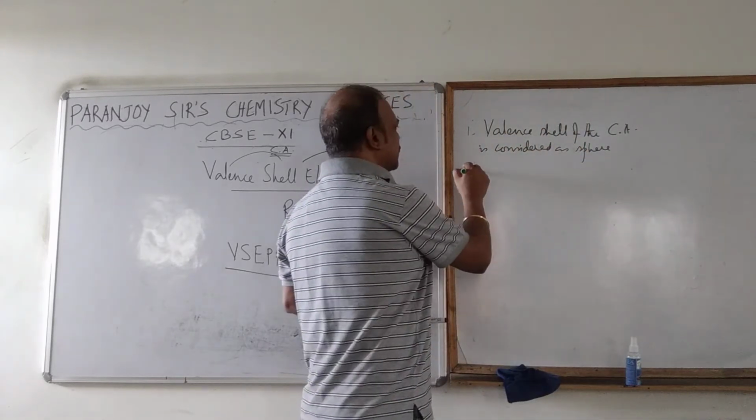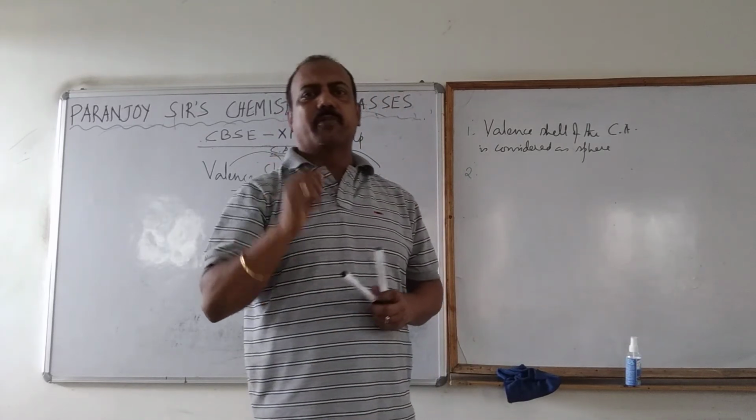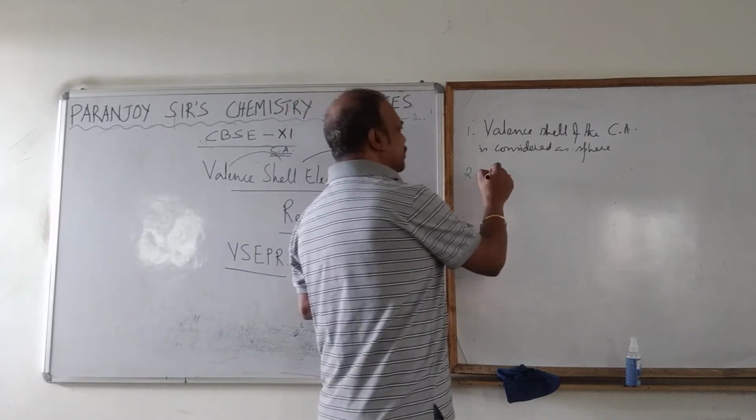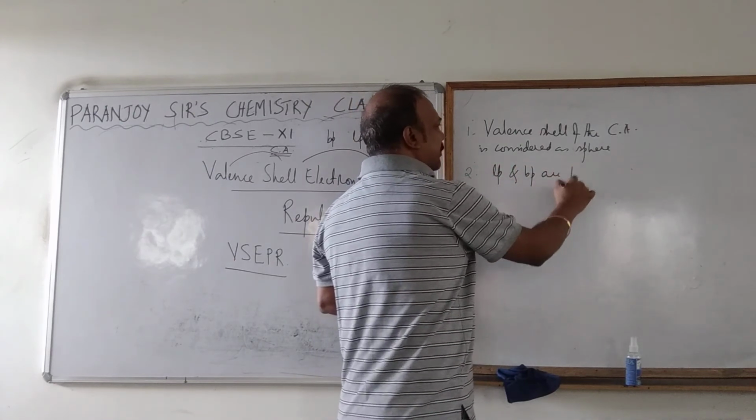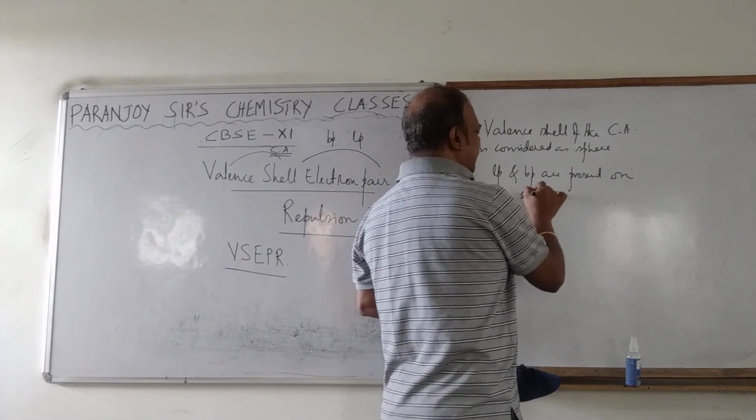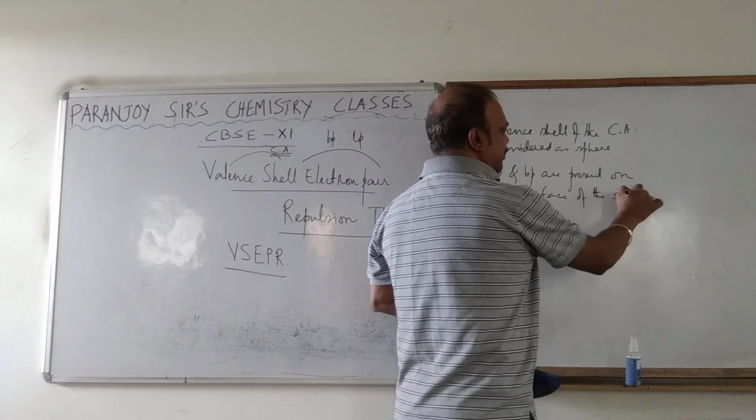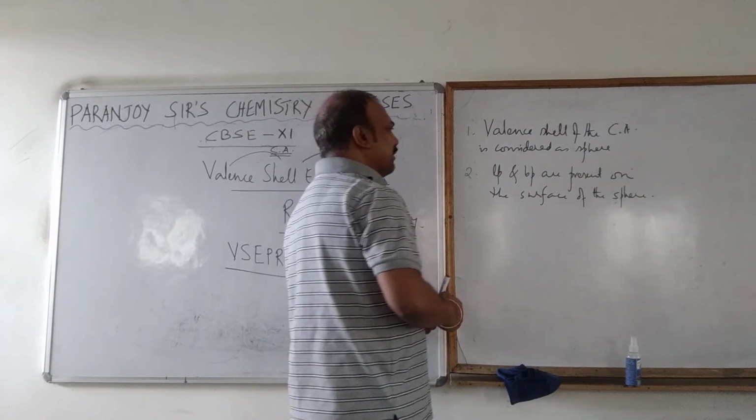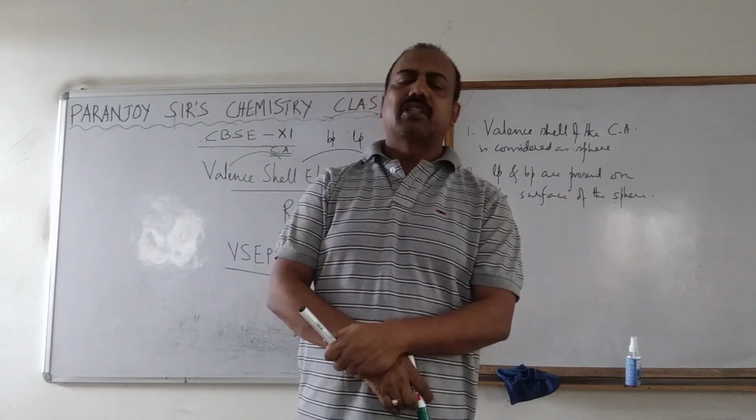The second point is what? The second point is that on the surface of this sphere, the electron pairs are present. Electron pair means the lone pair or the bond pair. So electron pair, the lone pair and the bond pair are present on the surface of the sphere. That's the second point. Hope you understood that. Now, they will be placed in such a way, this lone pair and bond pair will be placed in such a way on the surface of the sphere